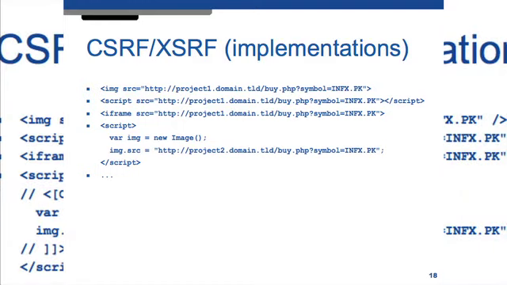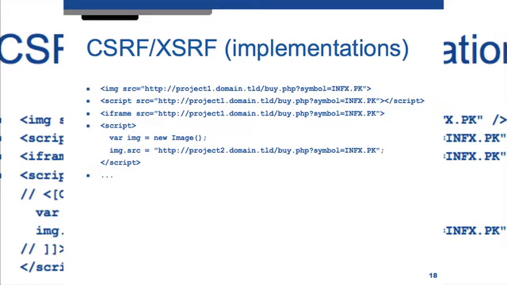Even though I chose this example of a spam email or the user visiting the URL, take a look at these other possible attacks. Suppose you just happen to visit a website that has an image in it, a script tag, an iframe, another JavaScript tag with some code. You can trick the user into visiting a URL in so many different ways, right? Simply by including an image tag. That's maybe the simplest one.